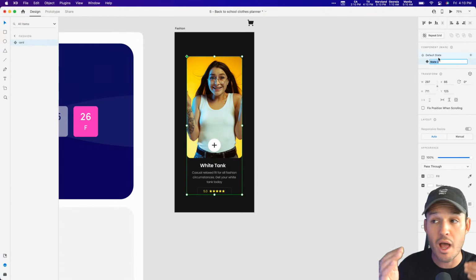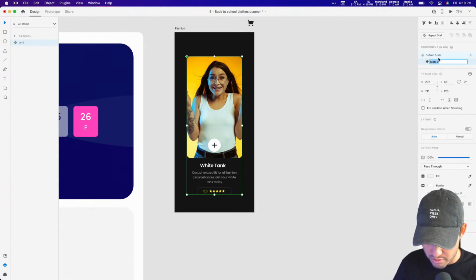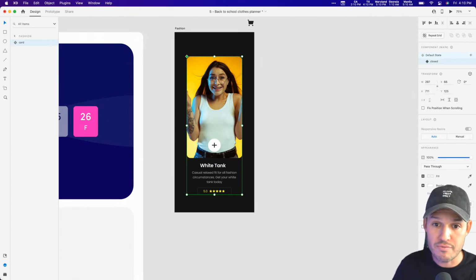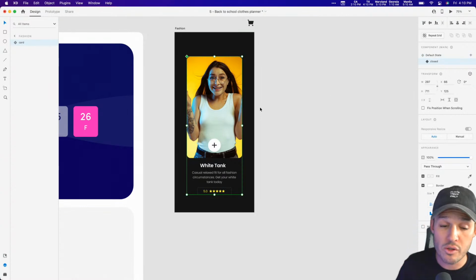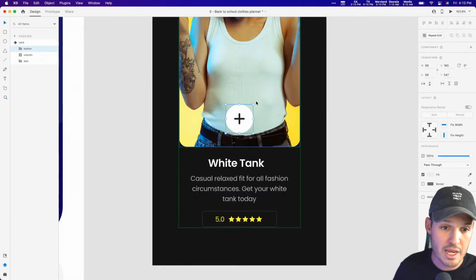Let's do a new state. We're not gonna do toggle, just gonna do a new state. And we're gonna call this one closed. So you have default is open, and then you have the closed state. Well, what's closed gonna look like? I think closed is going to take our button, twist it,